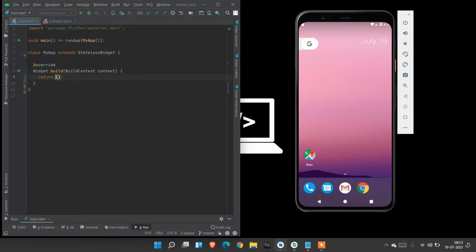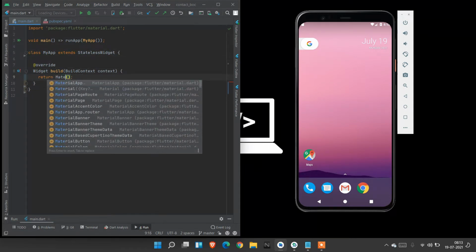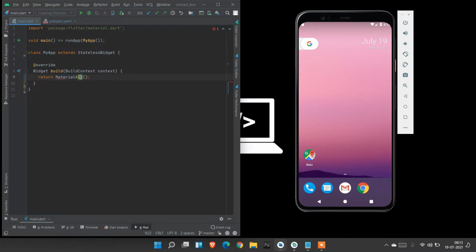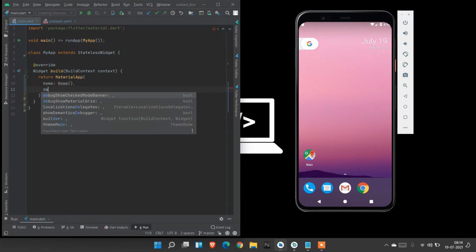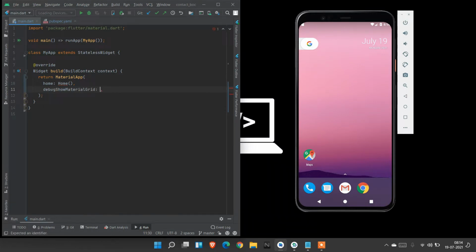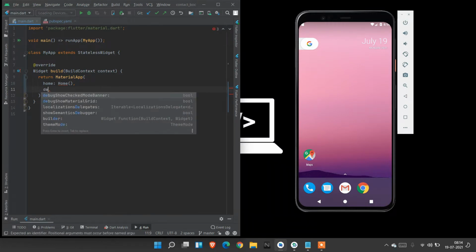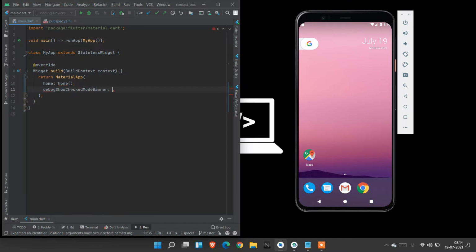Inside MyApp I am going to create a MaterialApp. Inside MaterialApp I'm going to create a home. After that I make debugShowCheckedModeBanner false to avoid the banner at the top.